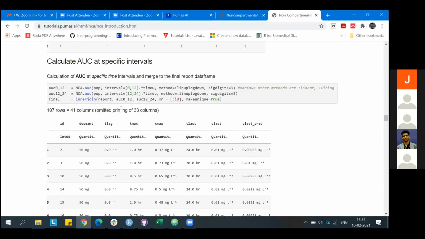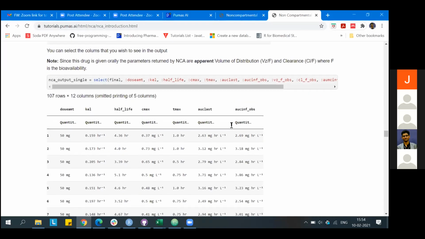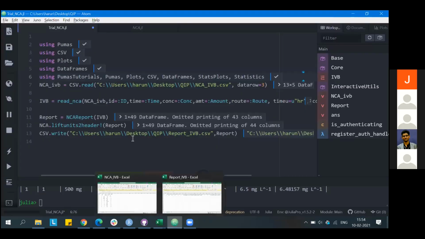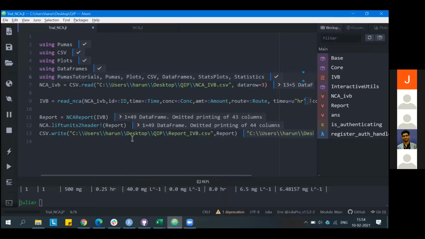You can also have different AUCs based on intervals, from 0 to 12 and 12 to 24. Here they have selected a few parameters from the overall results, just to give a flavor of the analysis. You can go through the tutorials and find a lot of other new codes and aspects.